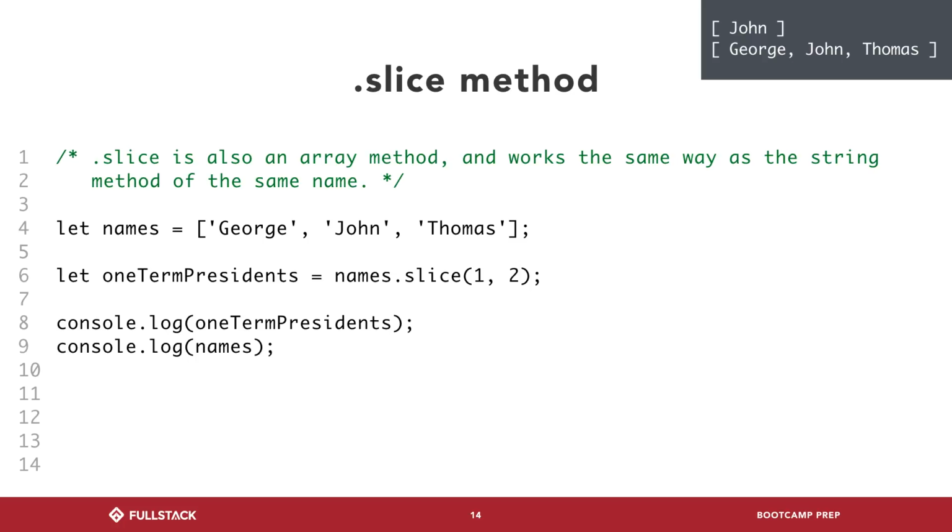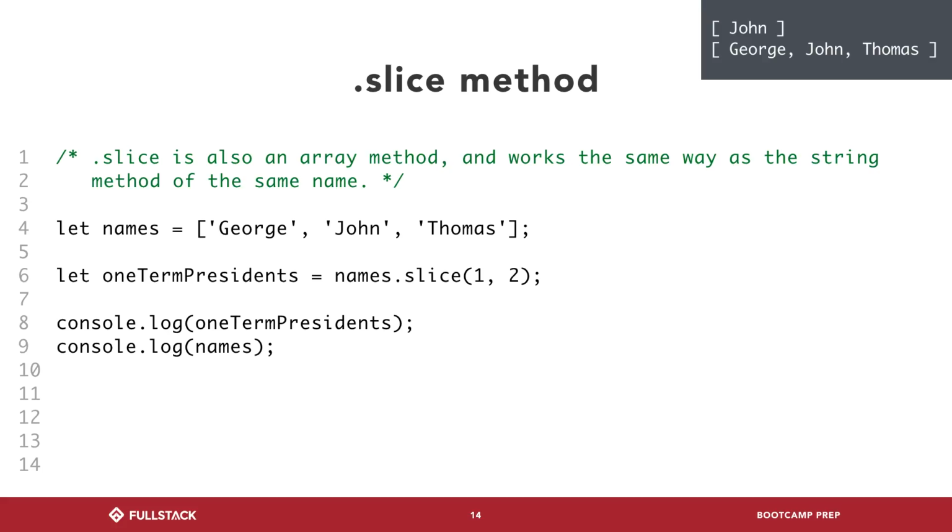If, on the other hand, this had been slice 1, comma 3, then we would be creating a new array. We would say start index 1. Start putting things into the new array until we get to index 3. So it would give you John, and then Thomas, and then it will stop. So basically, slice is a way for you to create a copy of the array, but only a subsegment of